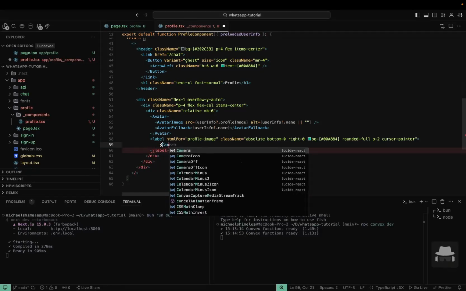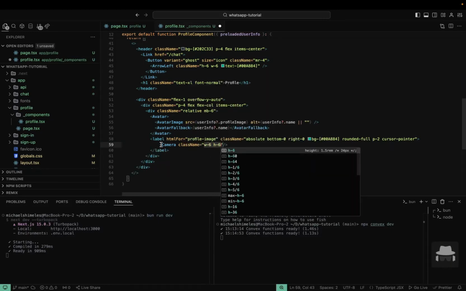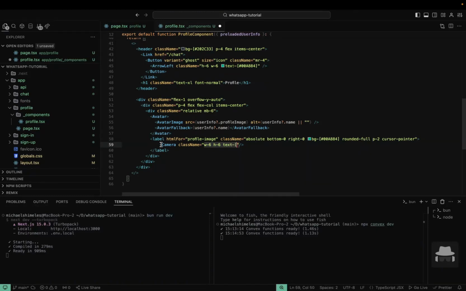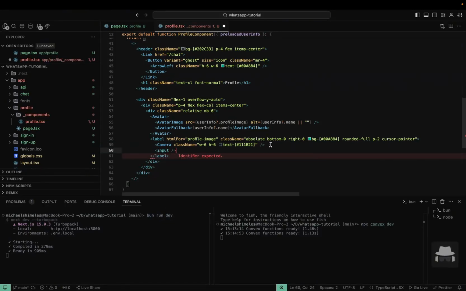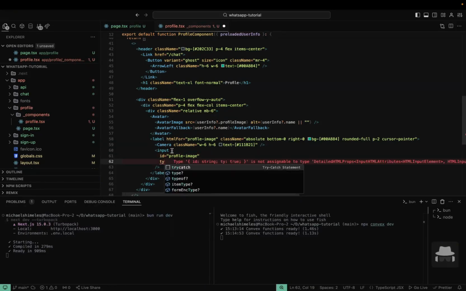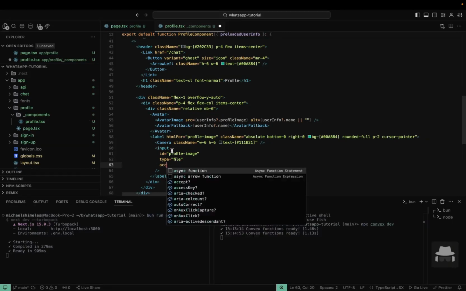And then we're going to add camera from Lucid React. And then the class name is going to be width 6, height 6, right? And then we're going to add a custom color for the camera, make it stand out. Perfect. And then we're going to have an input, and this input is going to be self-closing, and we're going to have this have an ID of profile image. We're also going to have a type. It's going to be a file type, right? Because we're going to be uploading an image. It's going to accept